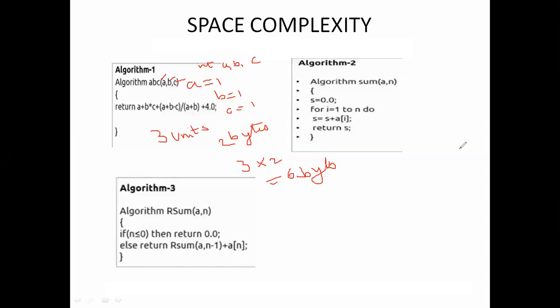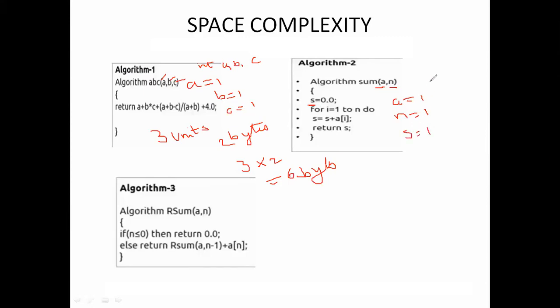So see another example. What are the variables here? S is one variable, A is a variable, N is a variable. Each one carries 1 unit, so A equal to 1, N equal to 1 and S equal to 1.